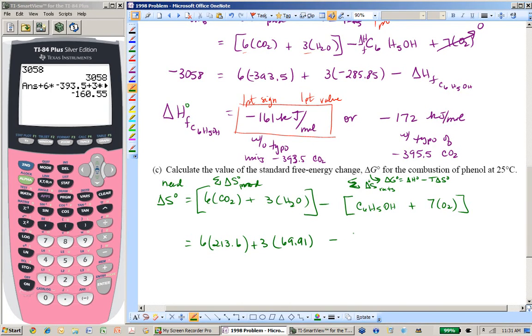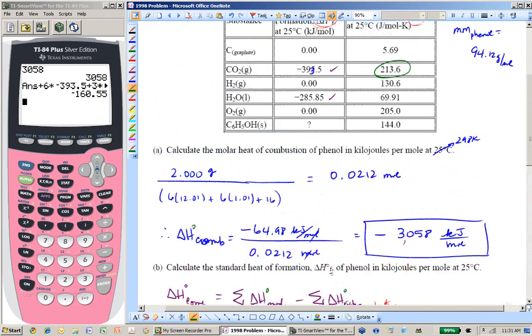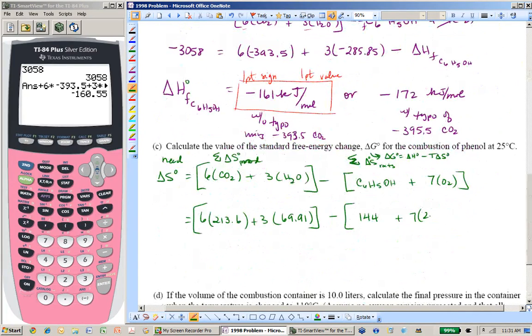Again, off of the table. So get that. Minus the value of 144 plus 7 times oxygen's value, which is 205. Okay, equals,